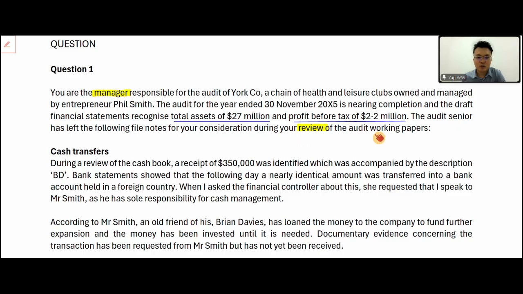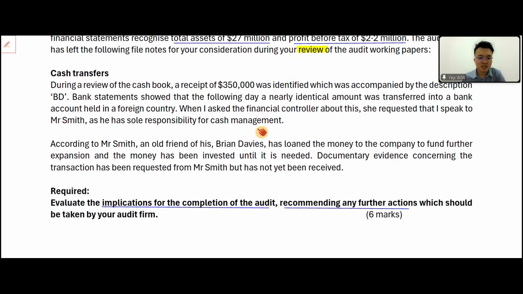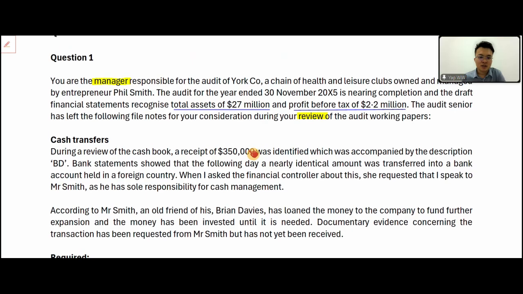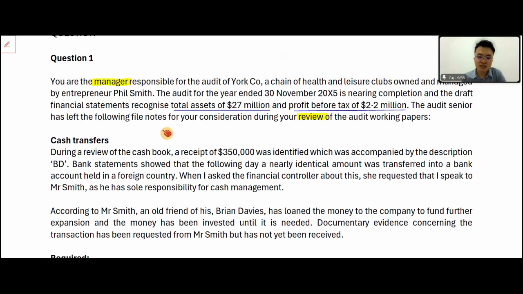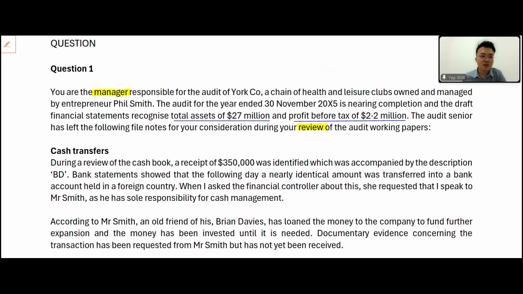When you review the working papers, you have to say what is on your mind that is relevant to the completion of the audit. You are the manager. Can you just say that the audit is done already? Now you have to read the notes. I will share with you what I am supposed to write here. First,